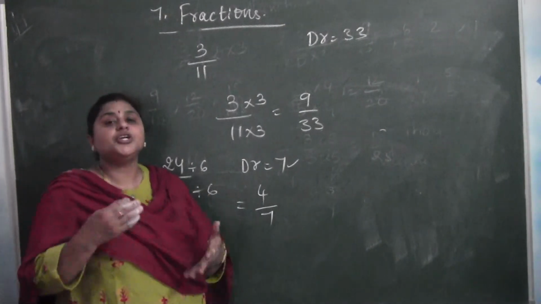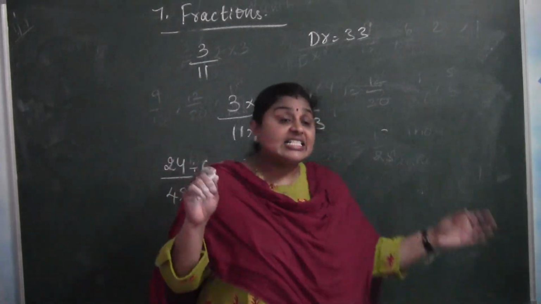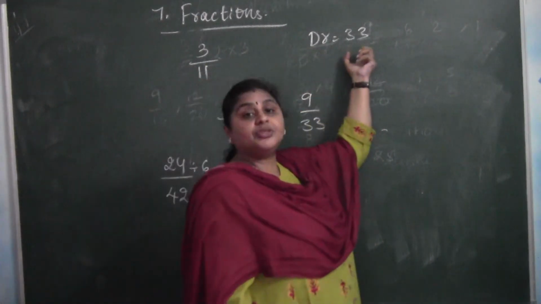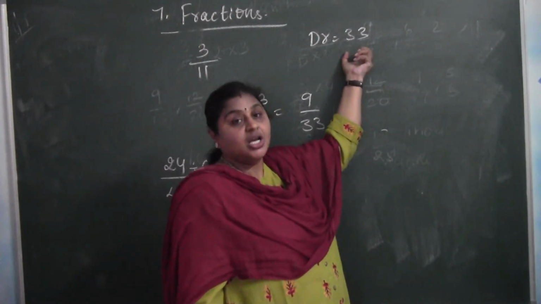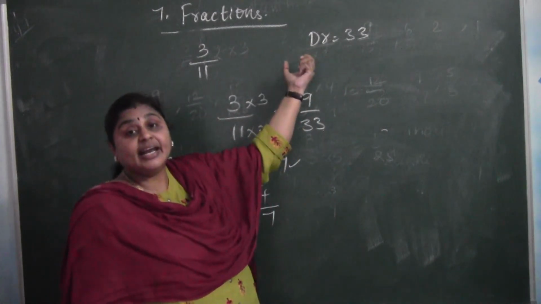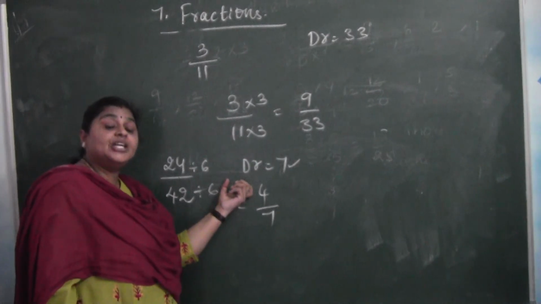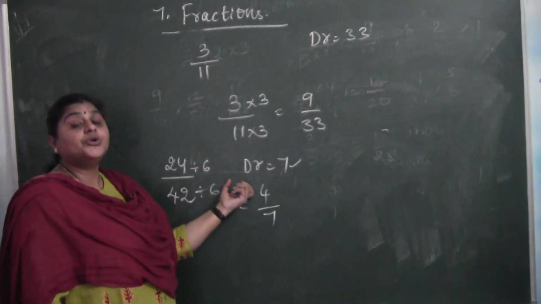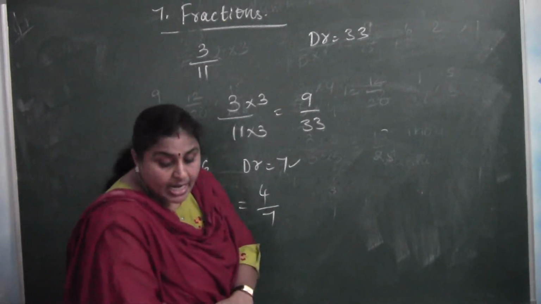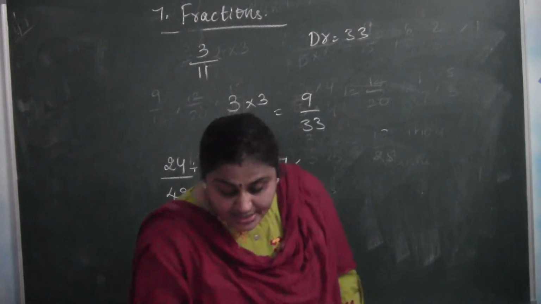Yes. So whenever you are converting any fraction to an equivalent fraction, just check these things, children. The given denominator and the denominator to which I have to change. If the denominator to be changed to is greater, you have to multiply. If it is lesser, you have to divide. This is how you can check whether to multiply or divide. So this is about your equivalent fractions. And next you have simplest form.